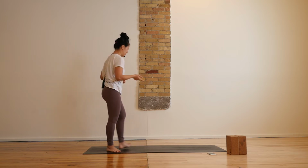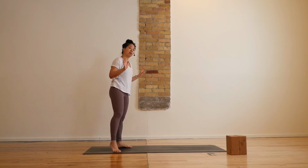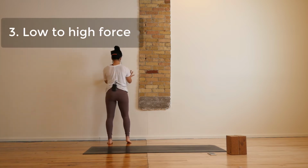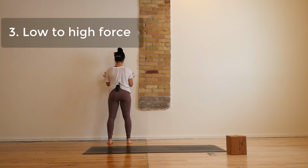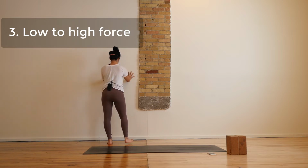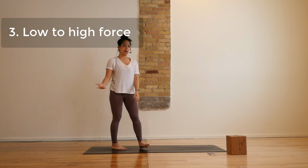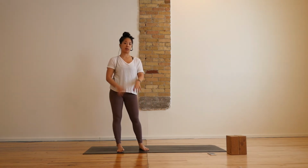So I'm just going to back face you. I'm going to do the same action, but I'm going to put some weight into it by pressing my hands against the wall. Hands as wide as the shoulders. Take an exhale to bend the elbows in and then press, and maybe I hold for a little bit. If I need to progress this, I can start to walk the feet back, and that adds a little bit more weight. And again, you can do that however many times you feel is necessary for there to be that